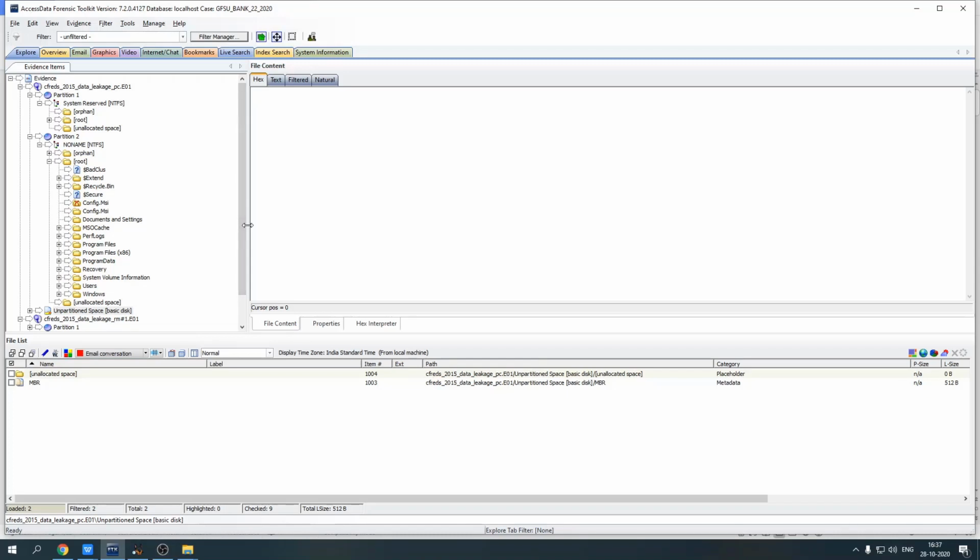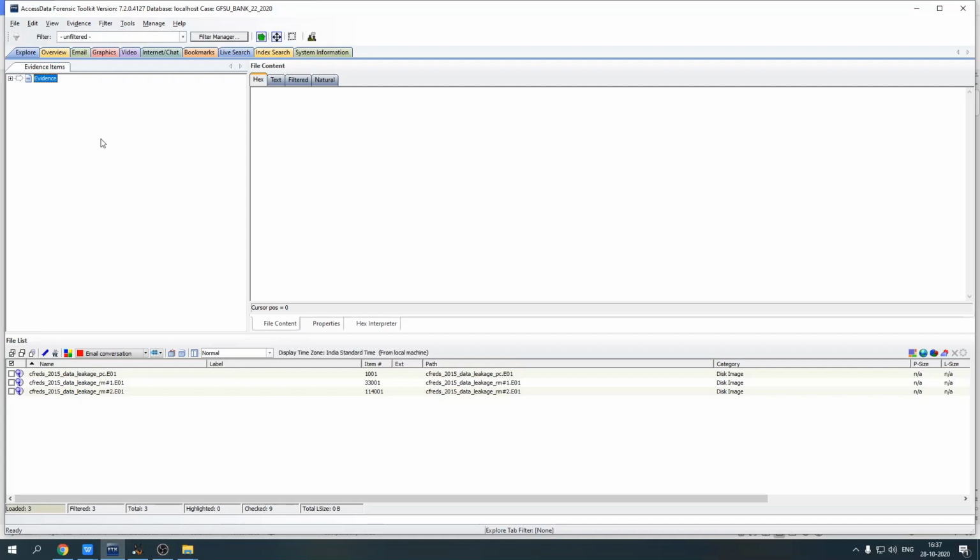I also plan to compare the FTK functionality with Autopsy simultaneously, so you may have a better idea. Okay, so now as you can see on the screen, my case has been processed successfully,